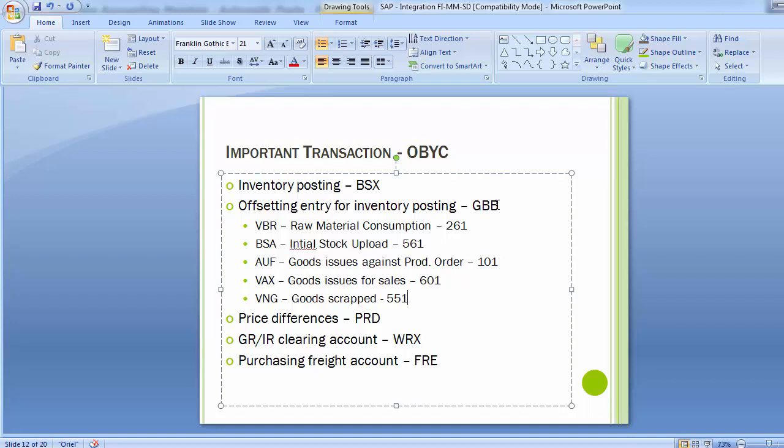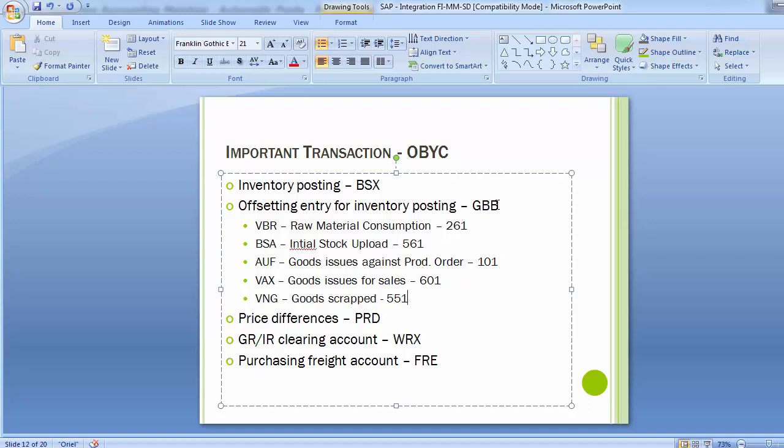So whatever the price which has been maintained in the material master, if that particular material movement has been done with a different amount, whatever the difference will be with the particular material valuation against the standard price, that will hit the price difference account. So in the price difference we assign a GL which will take up the differences in the material as per the material master and as per the different purchase order.